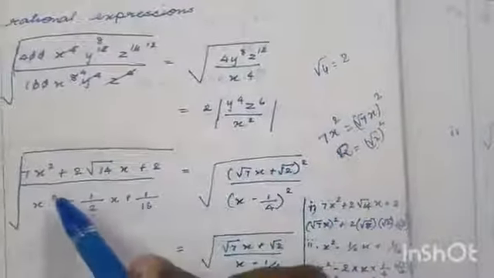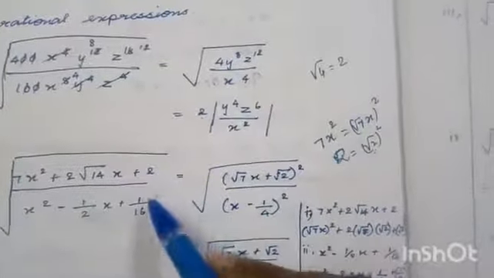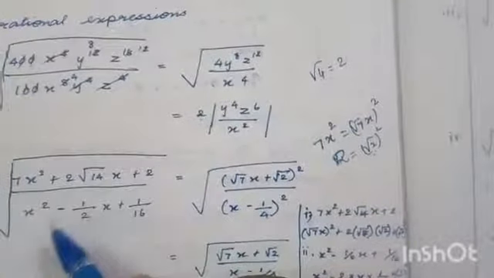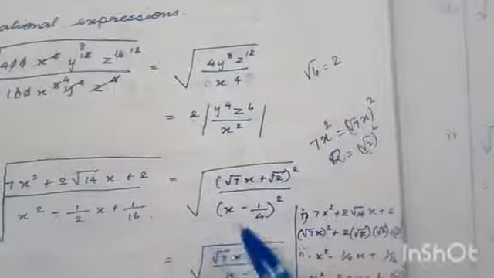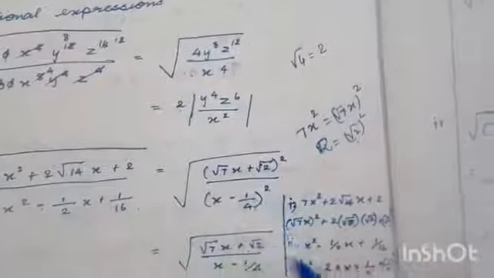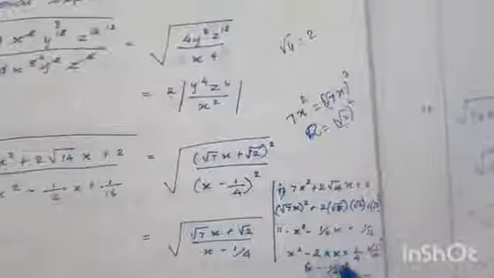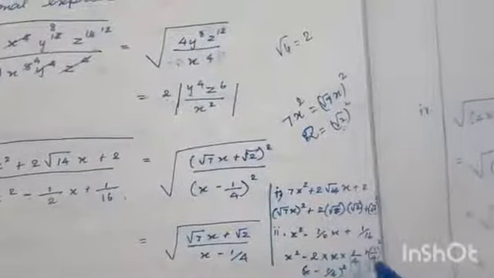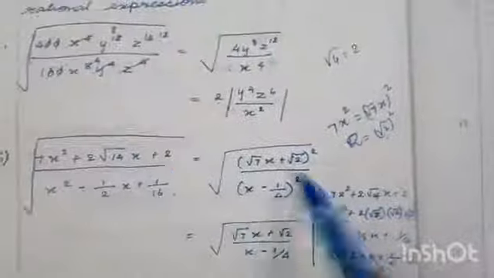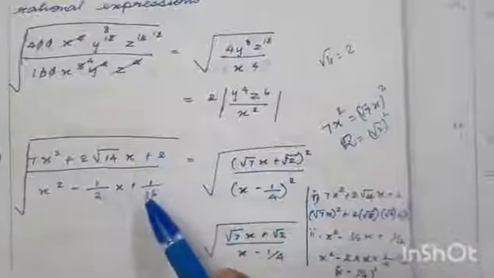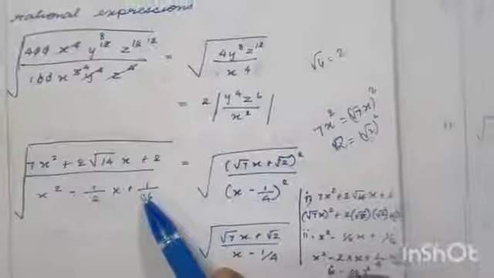So this also, for it is x square, it is 1 by 4 whole square. So both are square numbers. In the middle you have a minus, so a minus b whole square. So that is x square minus 2 into ab plus b square. So it is x minus 1 by 4 whole square. The first is in the form a plus b whole square, and this is in the form a minus b whole square.